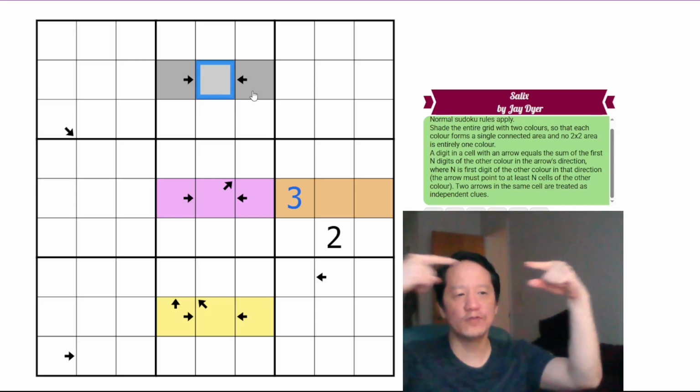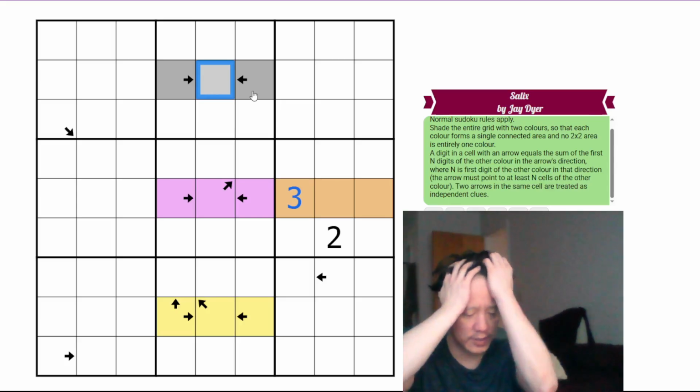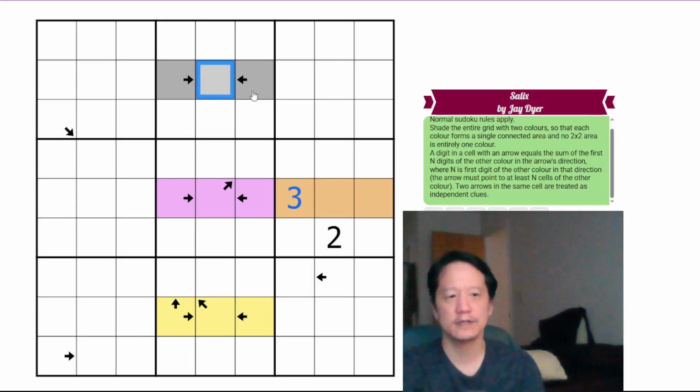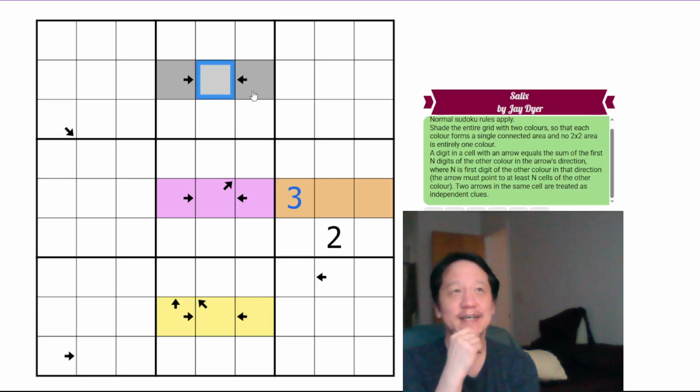If you have both of them pointing at 3, that means the first 3 digits of the opposite colors must be seen. Did I even say let's go? I'm just sort of blanking about what I did for the intro. Anyways,